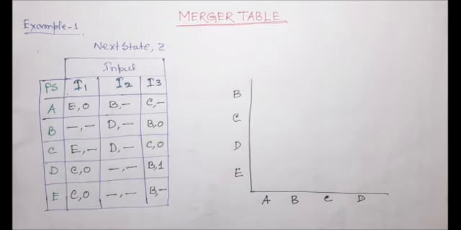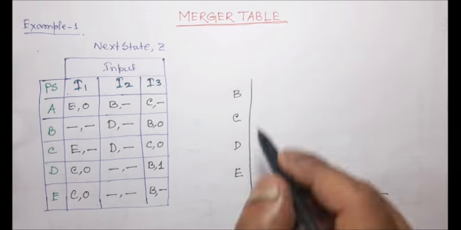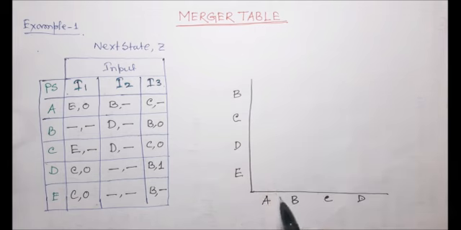Why? Because when we compare with the implied pair, the entries in the cell of Sij are the pairs implied by Sij. So it means if I write AA, that is a trivial solution. So I will not go for AA, BB, CC. That's why in the row I have removed one state, the number of states minus 1. Here there are 5 states, so minus 1 means 4 states. So I will start from A, B, C, D, and in the column I do the same thing, but I start from the second state, B.